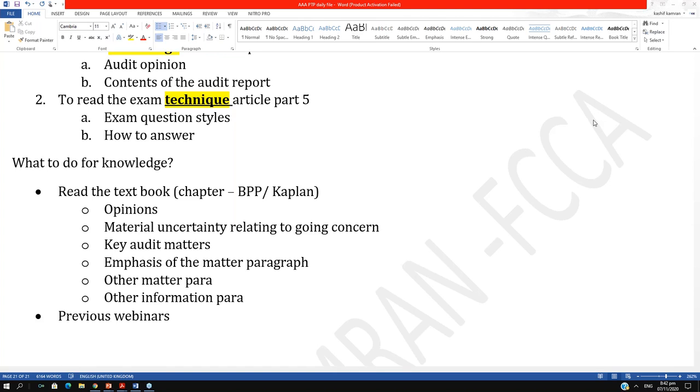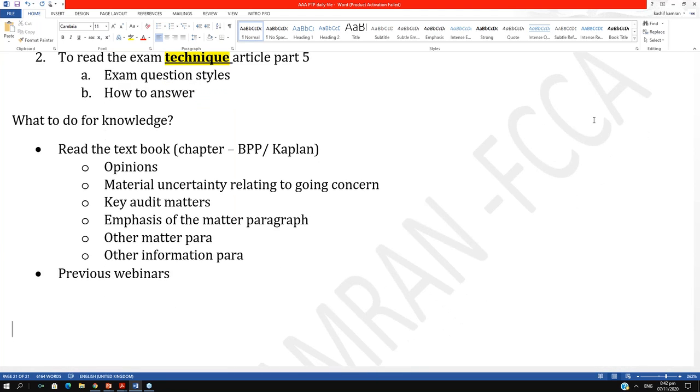Okay, that's great. So please ensure you have knowledge, because without knowledge, you cannot attempt a question on reporting. Because if you don't know the opinions, you don't know the material uncertainty, you don't know the key audit matters, you might mess up a reporting question. Now, you need to realize that when you look at your exam paper, the AAA exam paper, and each time